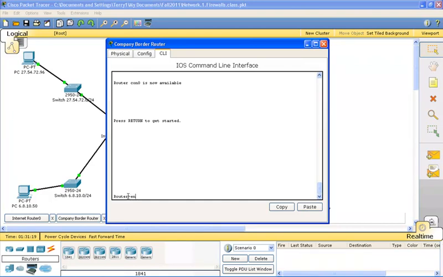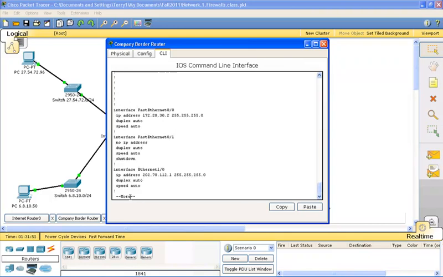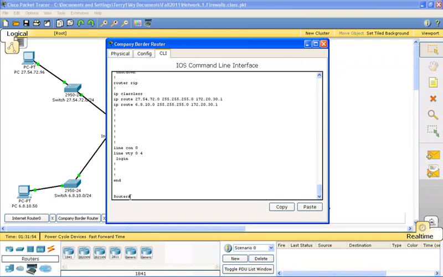To get to the next level here, because you can't do much at this level, if you type EN, that's short for enable. So notice how my prompt changed. Now I have the pound sign. That means I'm in enable mode. There's a number of things you can do here. If I type sh space run, it's short for show running configuration. I can go through here and look at everything that's